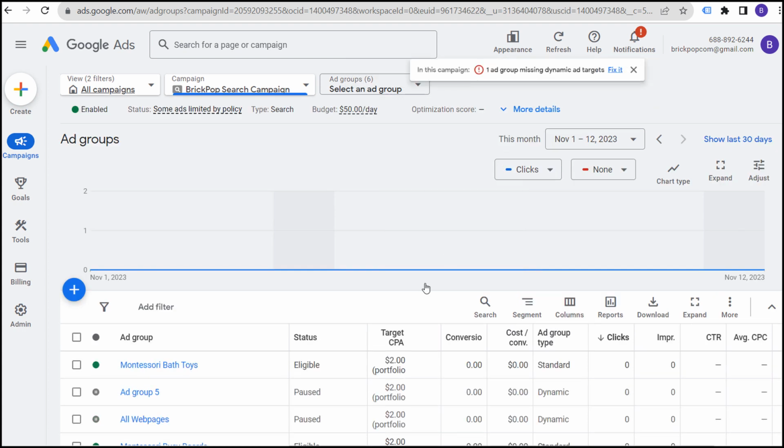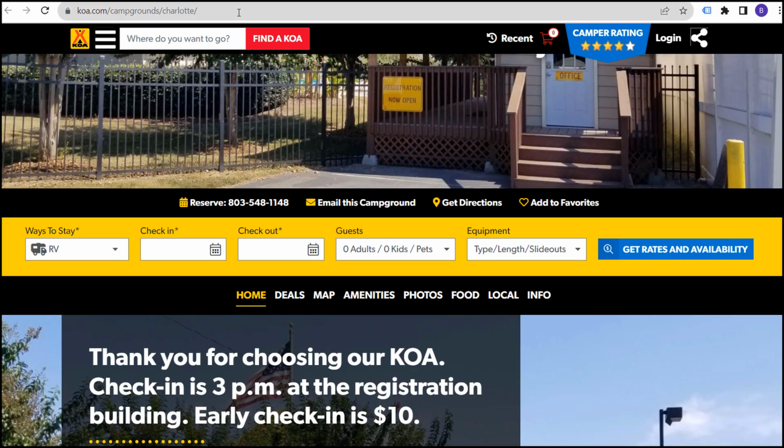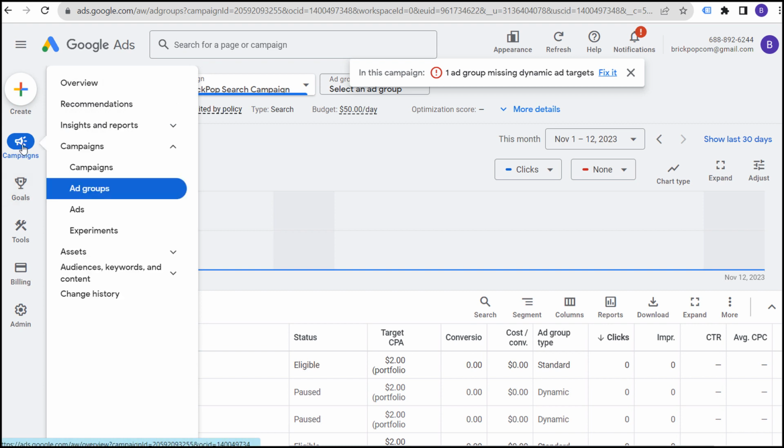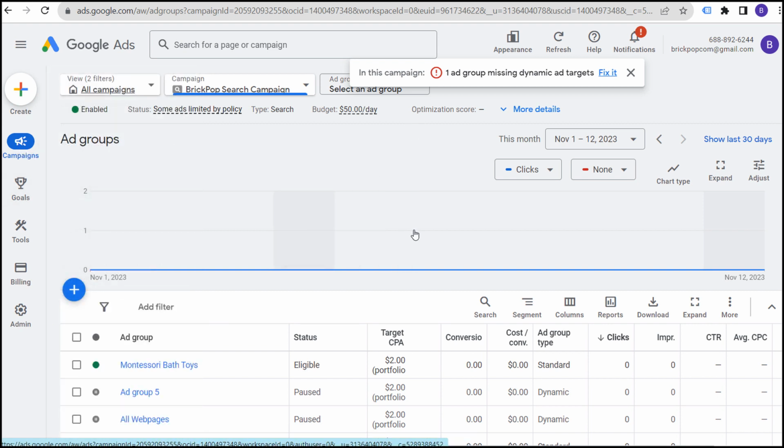Now let's leave this page, and obviously you want to create other ad groups, so you want to make sure you're creating ad groups for all of these different areas that you have. They have a ton of different areas, so it would make it easy just to copy and paste this specific area, and separate all those into different ad groups. From there, what you can do within your campaign and within your targeting is set negative dynamic